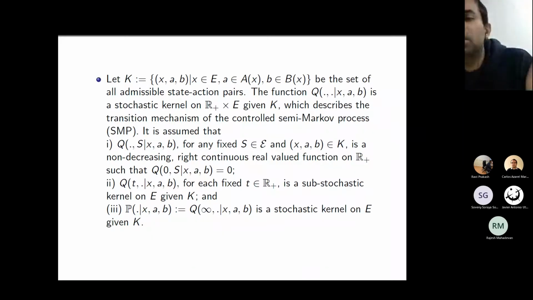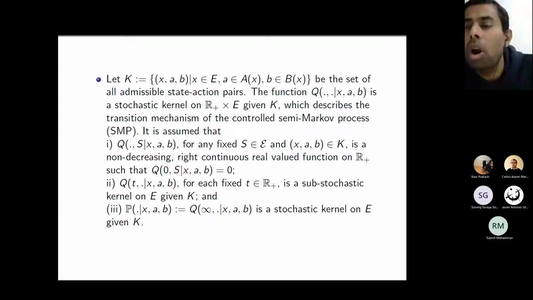Suppose the state at time 0 starts from some state X, and depending on X, player 1 chooses some action A and player 2 chooses some action B. Now, based on those actions, the players are choosing actions in order to control the evolution of the stochastic process. How are they controlling it? If the initial state is X and the actions chosen are A and B respectively, then